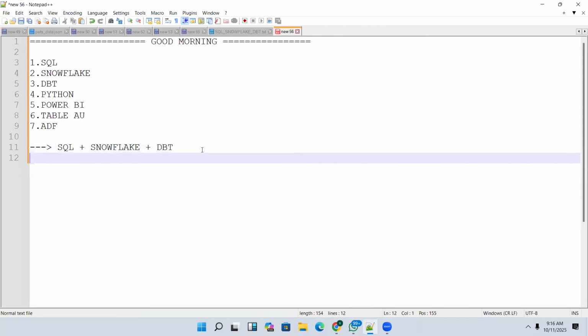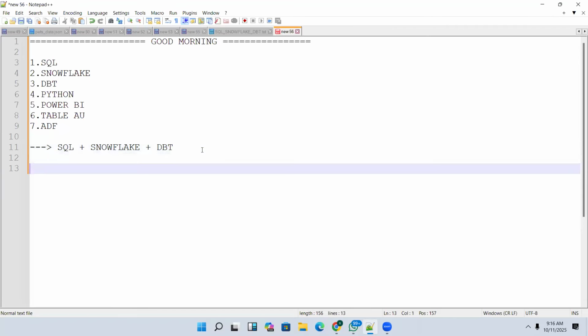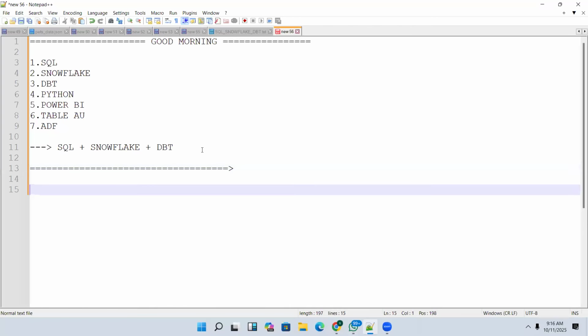Here I am going to start my discussion with what is data. See guys, in my sessions, I'm not going to give any complex definitions of what is data or what is a database management system, DBMS. I just want to explain in very layman words so it can be understandable for everyone.